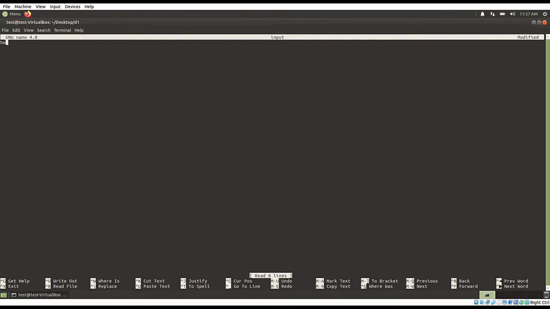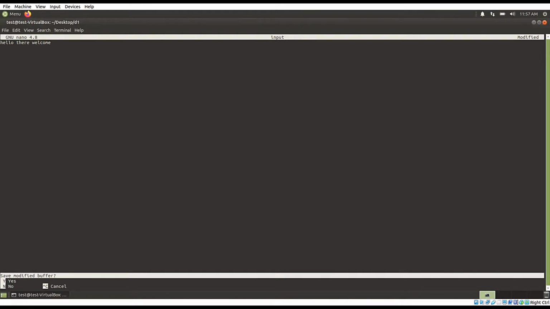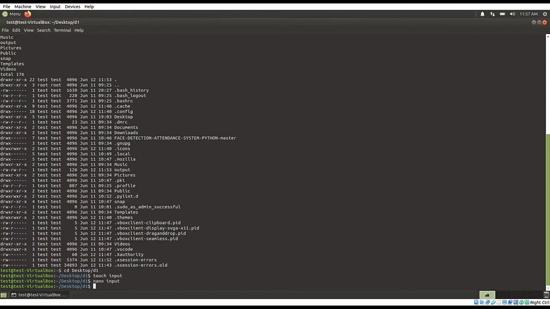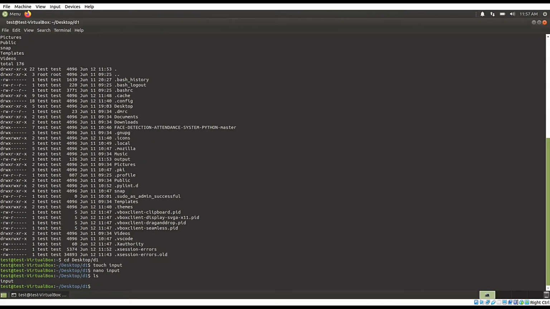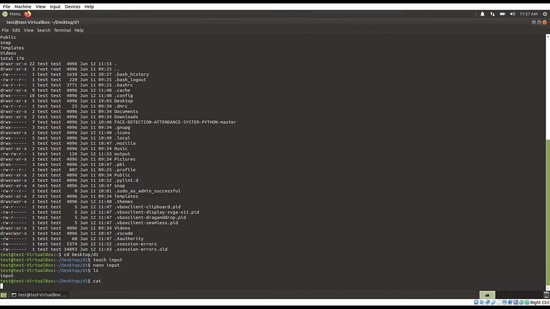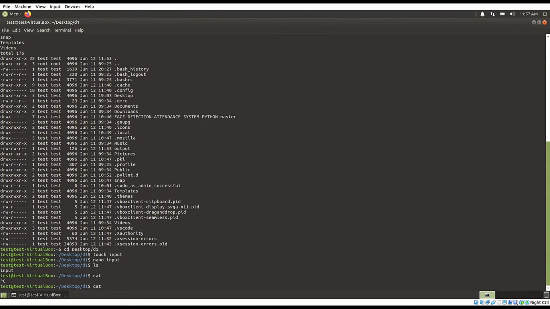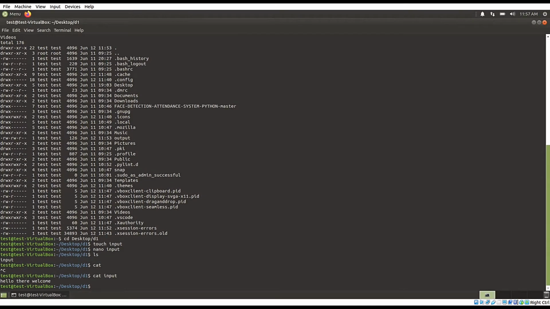I will write something here and just save it. As you can see, we have an input file here, and if we see the contents, it's the same that I wrote earlier.